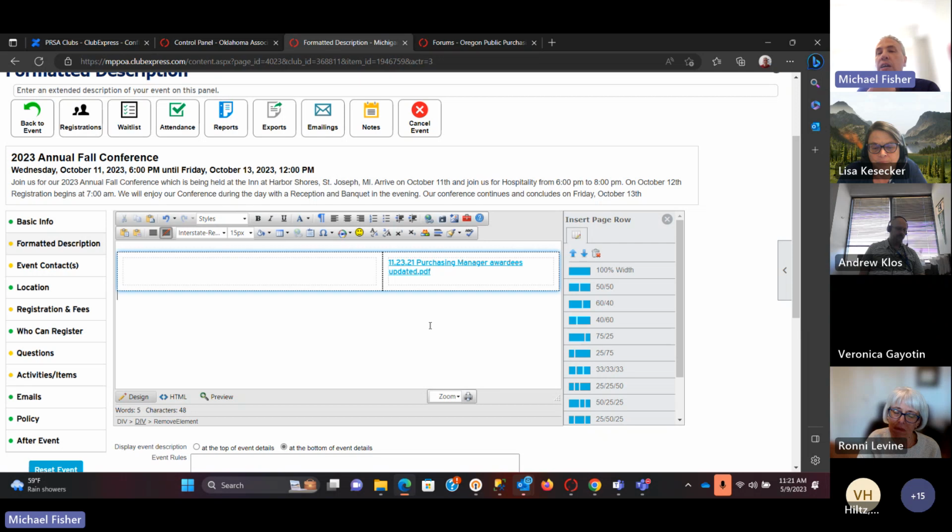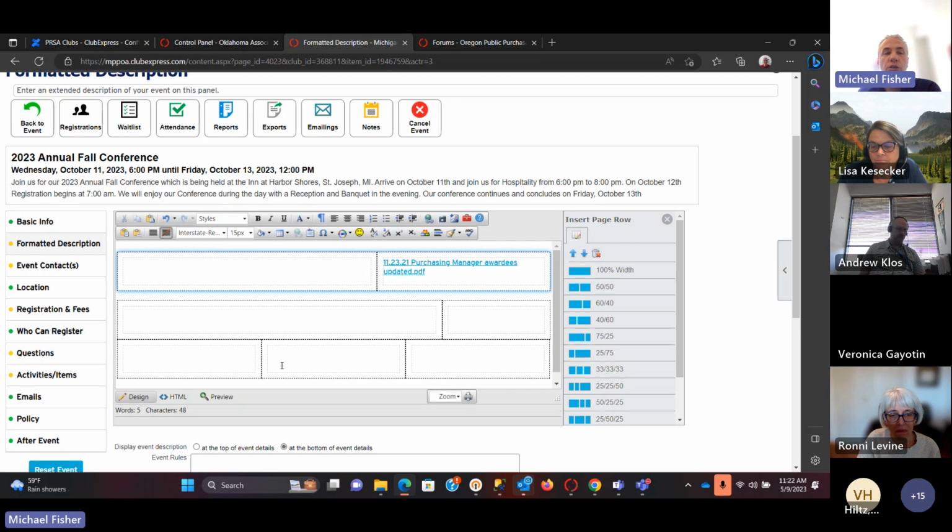You can set up your own panels, just like you do with the homepage. I did a 60-40 panel here, but we can add a 75-25 panel, or a 33-33-33 panel for formatting your description. What that does is it allows you to put the content in there, and the content will automatically resize for different sizes of screens. So if you have a small screen, a mobile screen or a wide screen, it's going to automatically resize that information for easy readability.